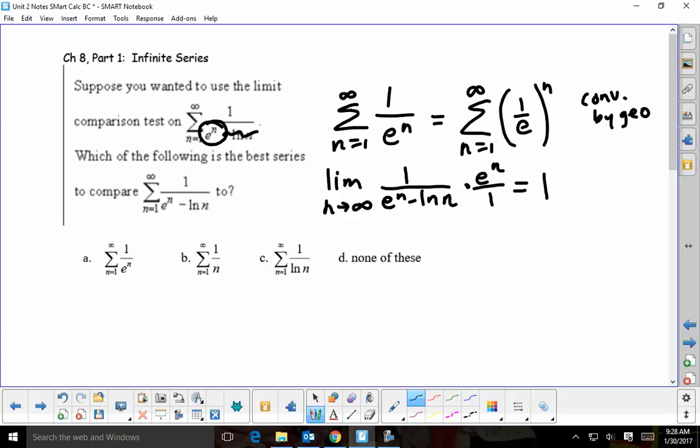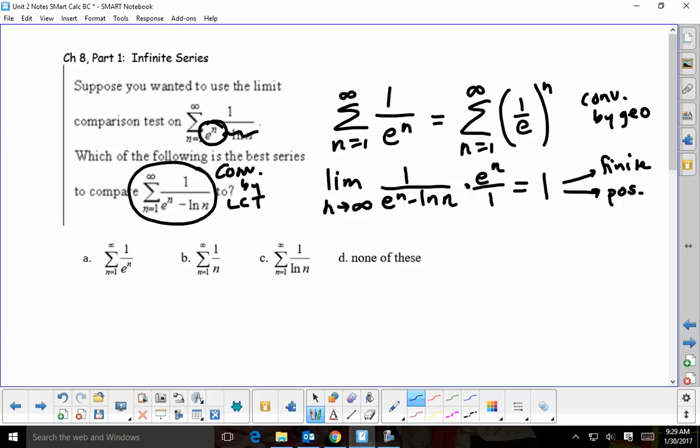Did the test fail? Did the test work? The test worked because 1 is both what? Finite and positive. The test would have failed and we would know nothing if I got 0, a negative, infinity, or negative infinity. Agreed? Then the test would just fail and we have to try something else. So therefore, since this guy converged, what do I know this one's going to do? Converge. Converge by the